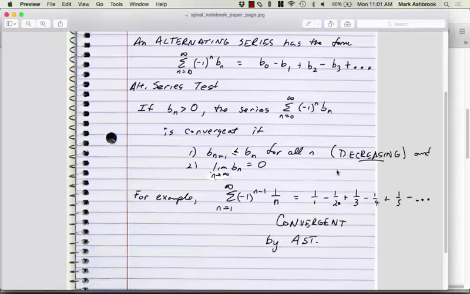The point is that now every other one subtracts a value instead of adding on. That's helping it to converge, because if you just keep adding, you just keep getting bigger and bigger. And we know with the harmonic series, it gets too big. But now if you take every other one and subtract,